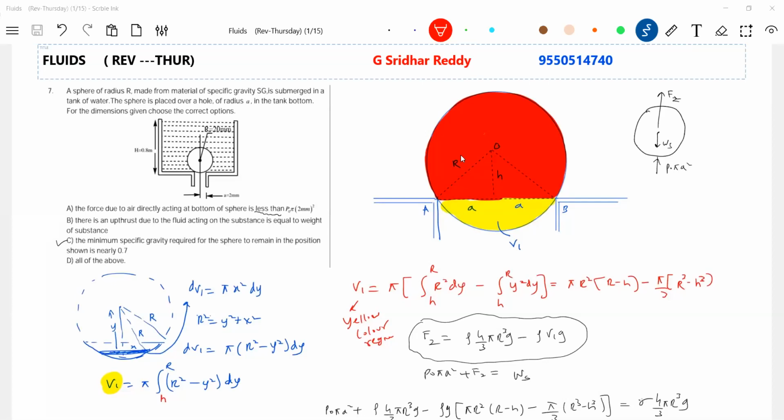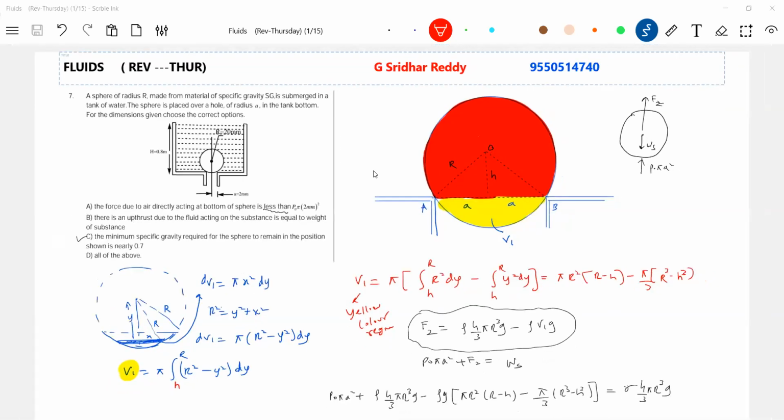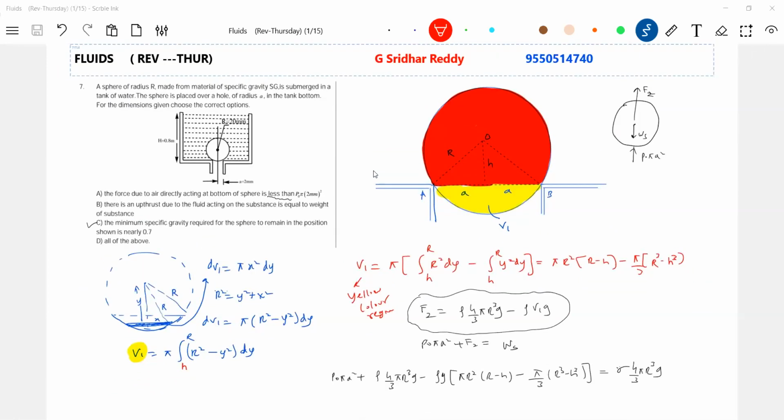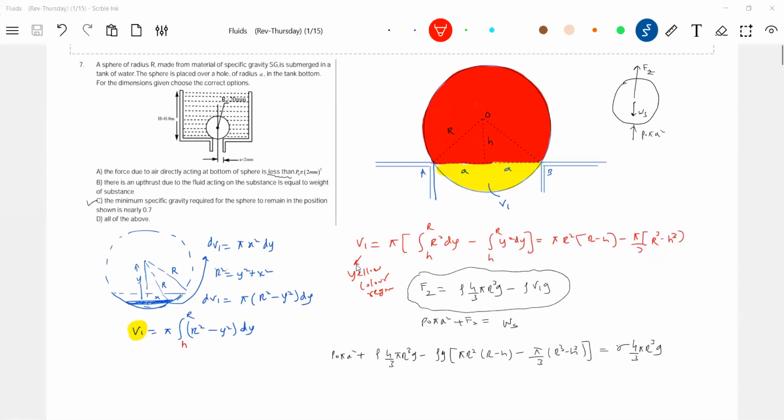Already, if you see some numericals which are there even in advance, they've asked about buoyancy where the body will not be fully immersed, fully submerged in a liquid. In such situations, I just picked up a problem. I think in class I discussed one with a cylinder. Okay, I picked up one question.